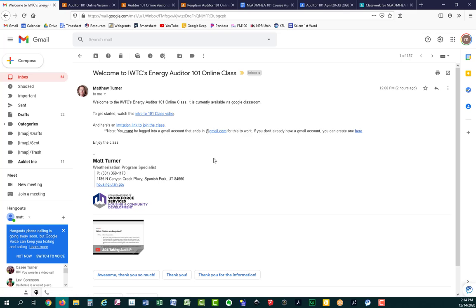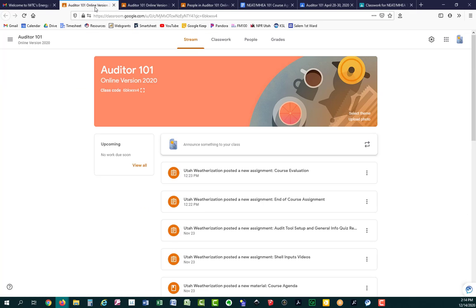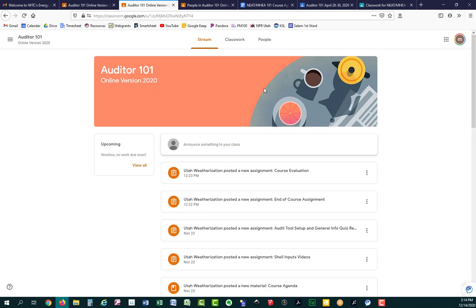Just click right here. If you click on that to join, it's going to take you to a screen that looks like this. If it does not take you to a screen that looks like this, then there will be a plus sign right up here. You can click on that plus, and there will be two options. One will say join, the other one will say create. You'll want to join, so select join, and then it's going to ask you for a class code. If you need that class code,